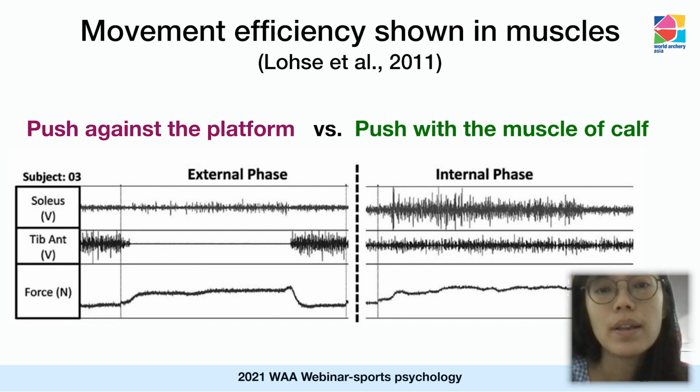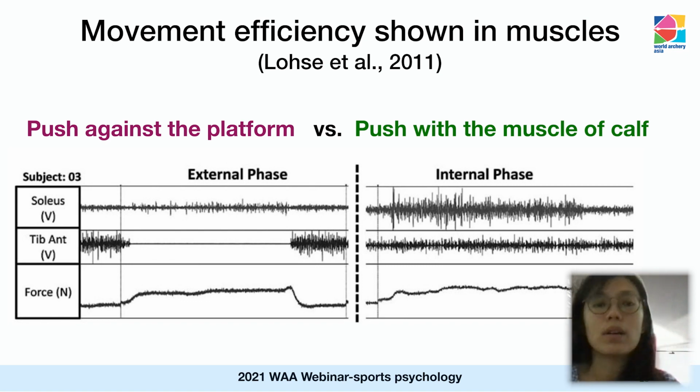And when adopting an internal focus of attention, only the primary motor cortex is activated, meaning or implying that when applying the external focus of attention, more